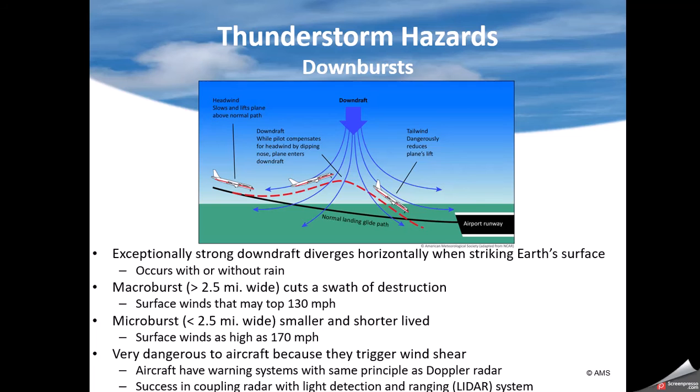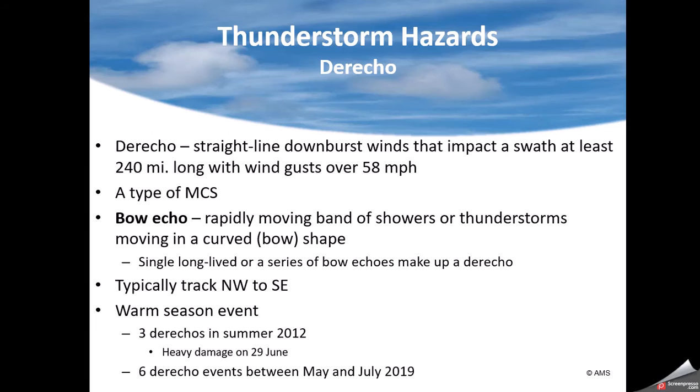Another hazard is microburst or downburst. Think about it if you're an airplane. If you're flying into a great headwind, it's going to help your lift. All of a sudden, you have a very big tailwind, going to push you down. There have been way too many accidents over the years where aircraft have come into these situations and couldn't react in time because there can be extreme changes in wind speed there.